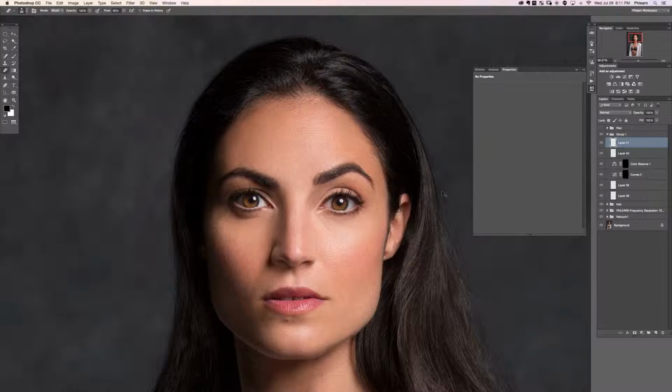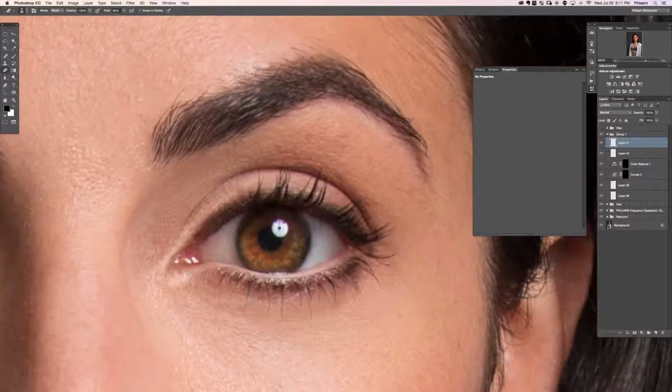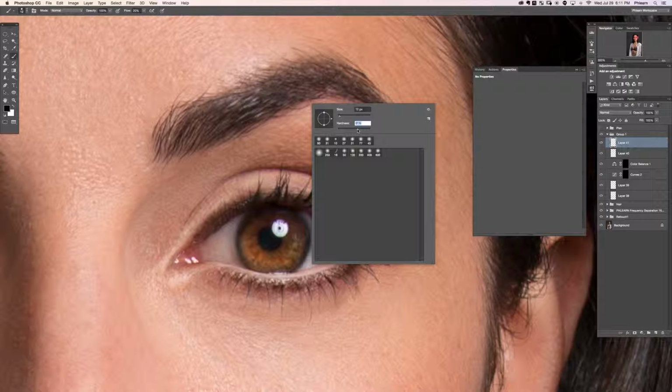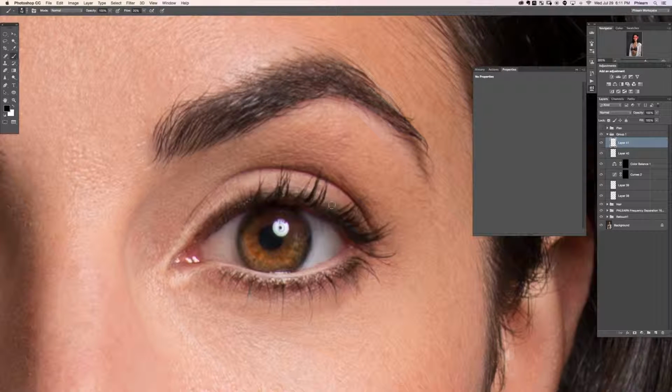Okay, let's go ahead and create some eyelashes. So I'm going to create a new layer, and this is again with my brush tool. We're just going to paint black. I'm going to choose a hard brush. We're going to right click and choose a hardness right around 60%, and then our brush size we just want it to be nice and small. And my job here is basically just paint black